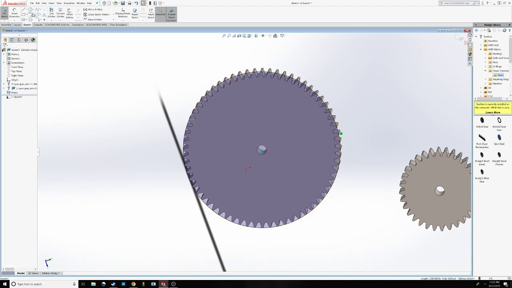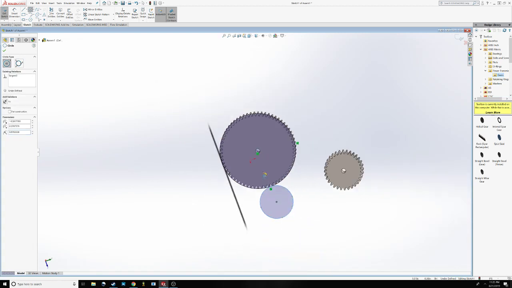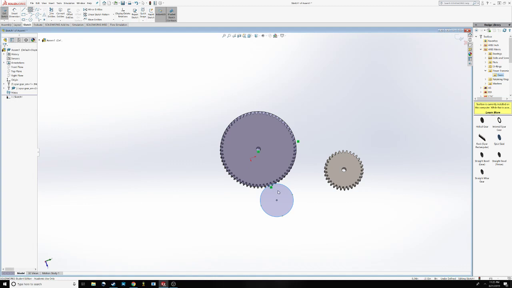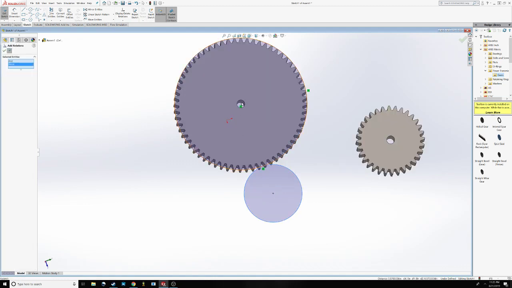Just got to draw a circle that's totally tangent to this one. So now that we have this, we'll want to put a relationship. This is horizontal to this one,